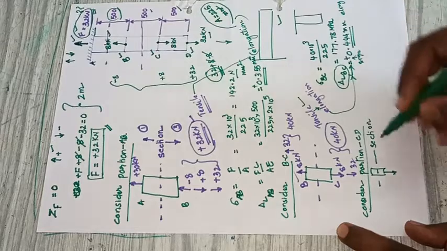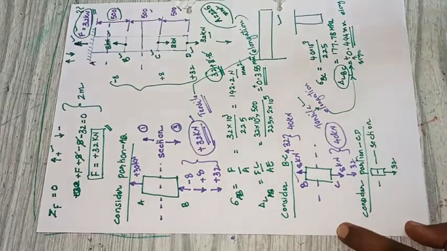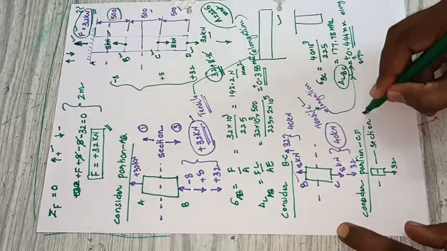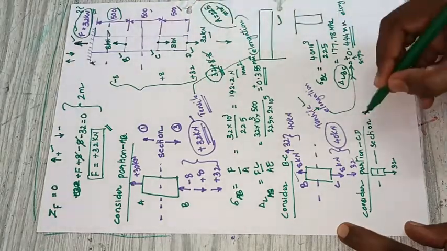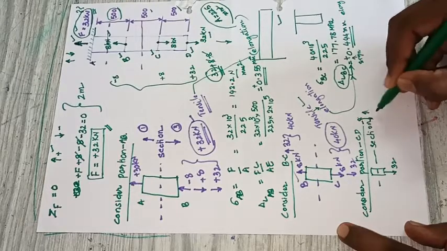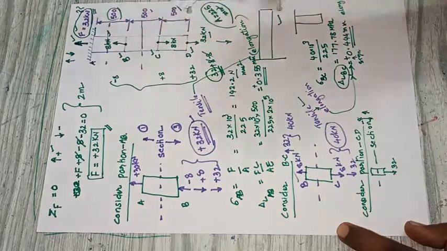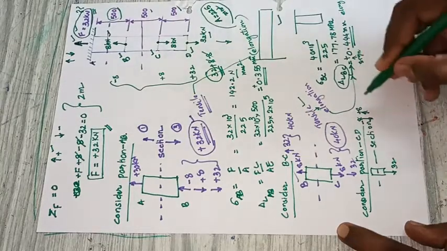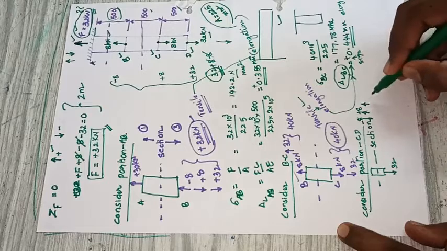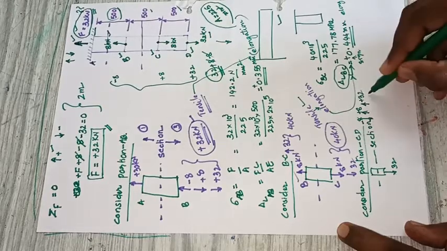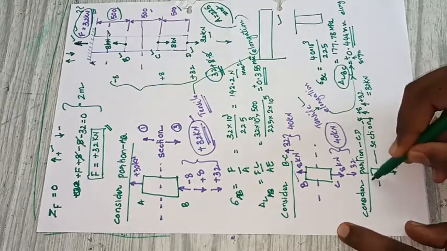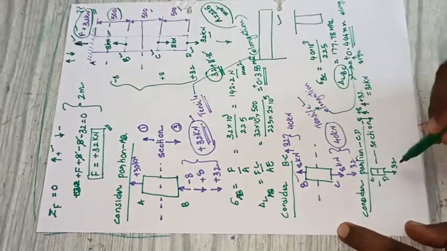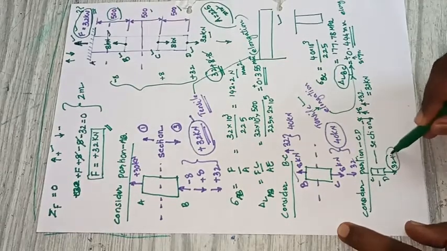There is only one force below the section and 3 forces above the section. Here one is 8, which will be acting on the cross section, so I will write here as -8, and this 8 will be acting away from that. It is +8, meaning a tensile force, and the last one, 32, is also acting away, meaning a tensile force of 32. So if I make a summation of that, 32 kilonewton is again acting on the portion CD.